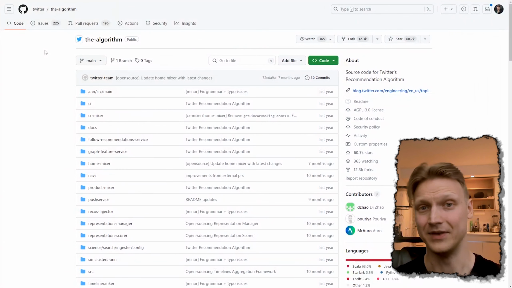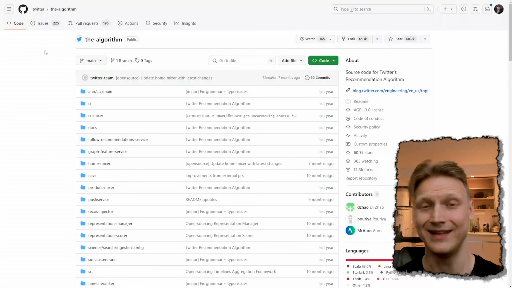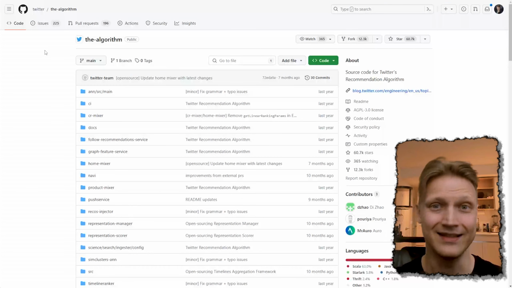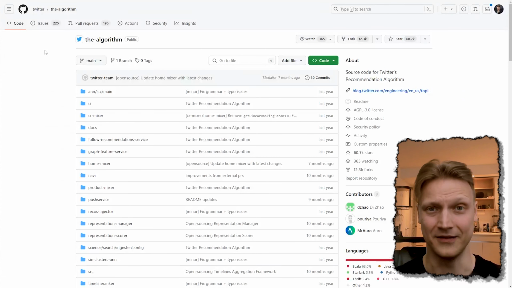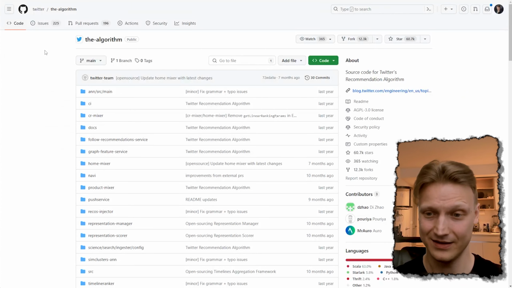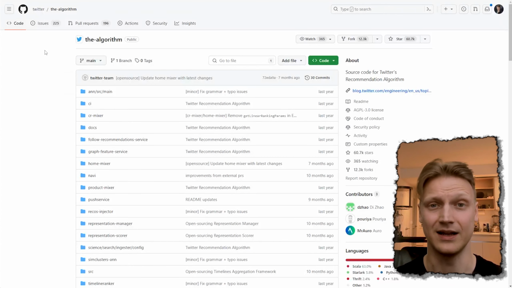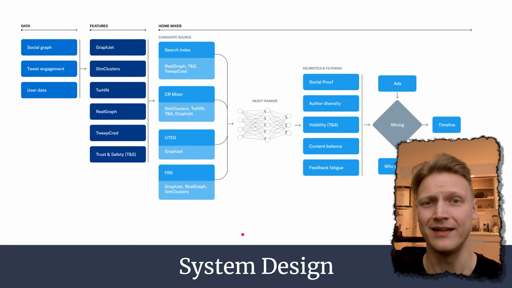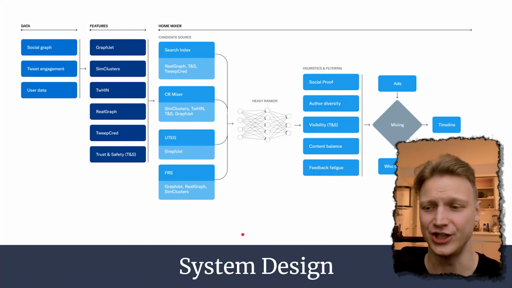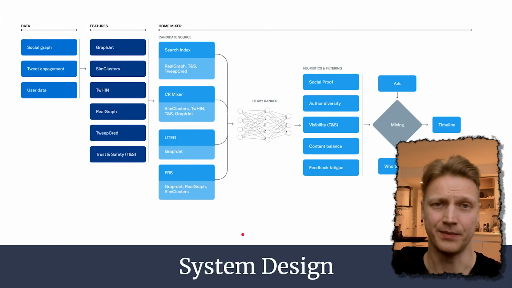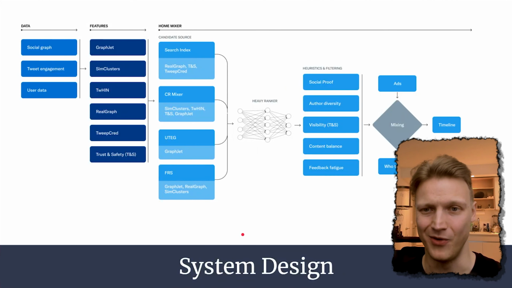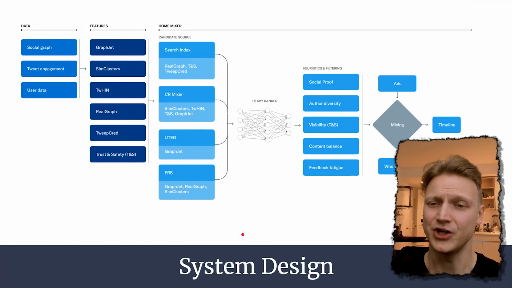And now we're gonna have a look into the promised repository that contains a lot of interesting data points, though not everything. They turned out to remove a couple of essential pieces, but luckily for us, they left some important code and documentation that's gonna give us a good picture. And here we are, the system design of their thing that powers the recommendation engine. It contains the most important pieces in the process, though not everything. We're gonna touch on a couple more. But here is how they show it, okay?